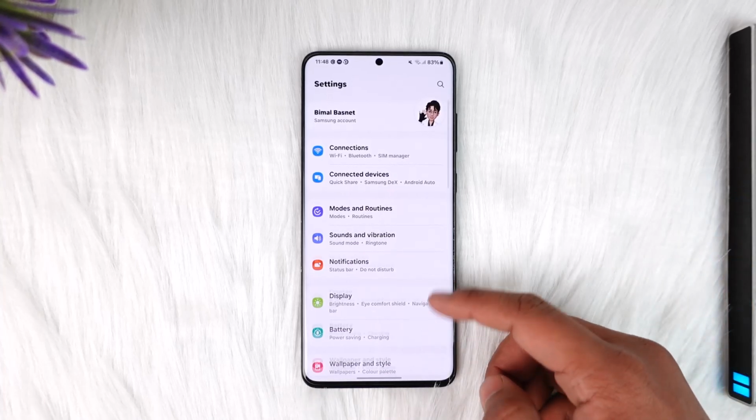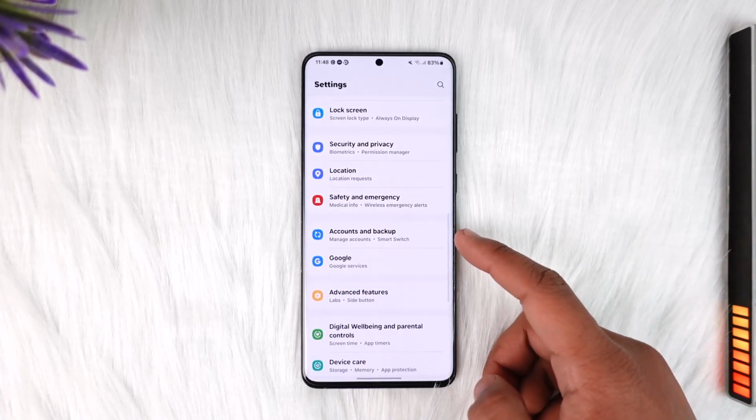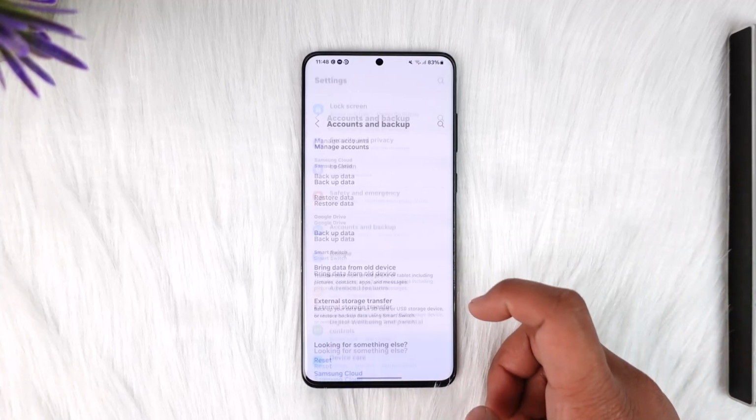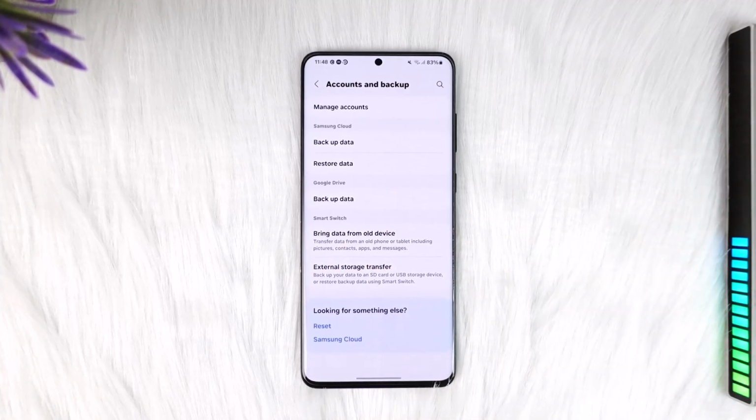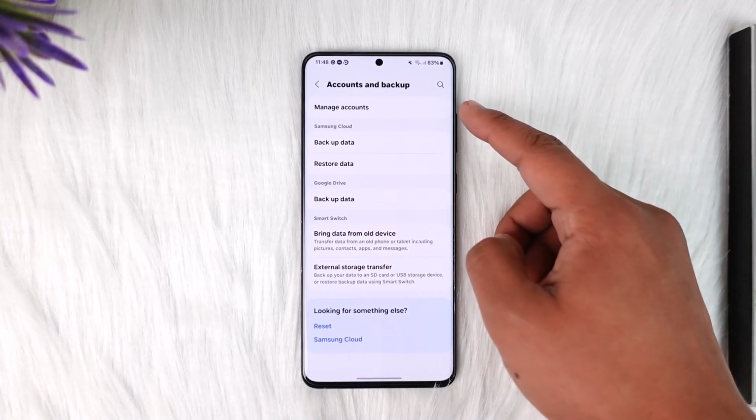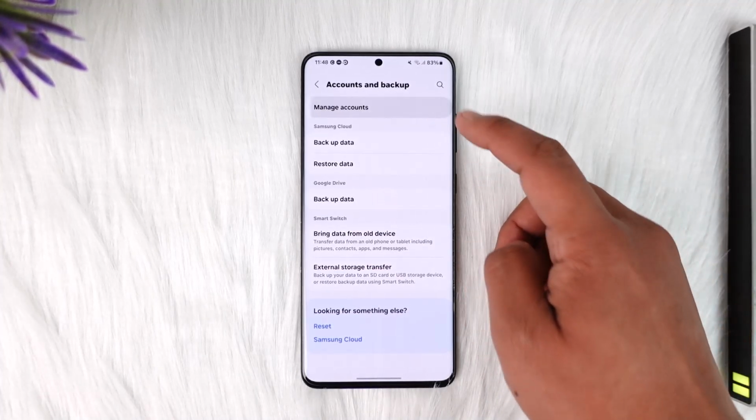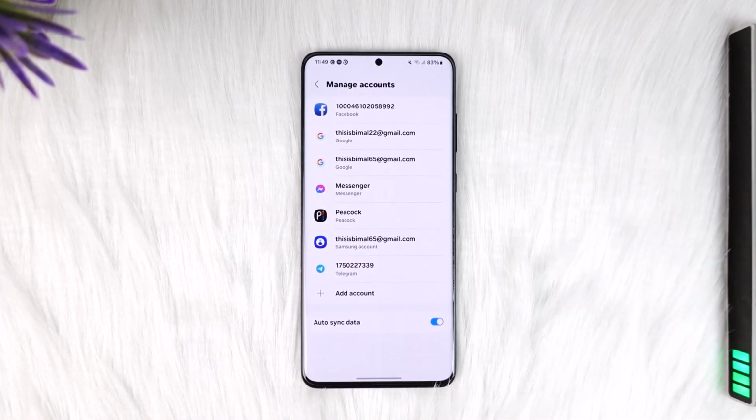Depending upon the phone that you're using, you simply want to go ahead and then look for the option here known as accounts and backup. Now, in some devices it could be written as only accounts or maybe passwords and accounts, but you just have to look for such an option in the settings app. After you open it, in my case here you can see manage accounts. So depending upon which phone, again you have to look for the manage accounts option,